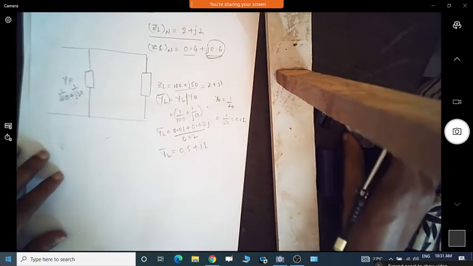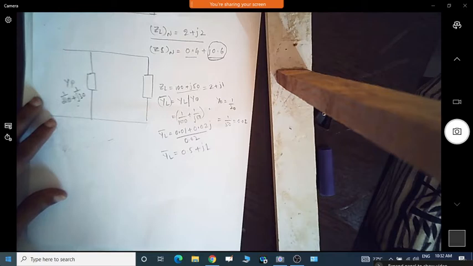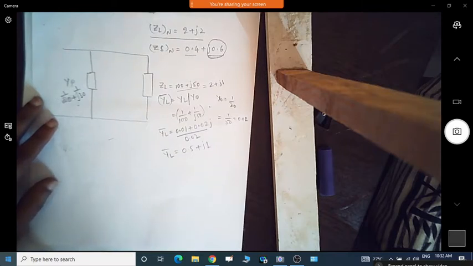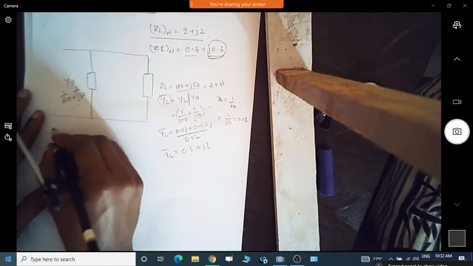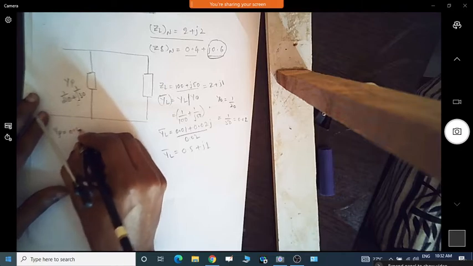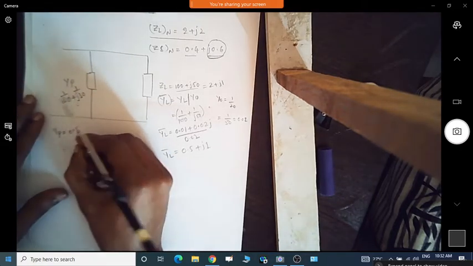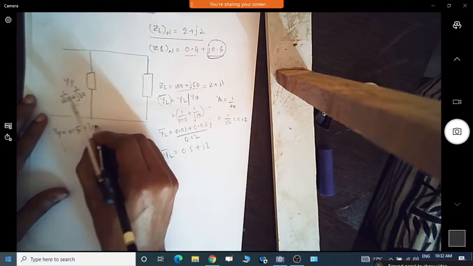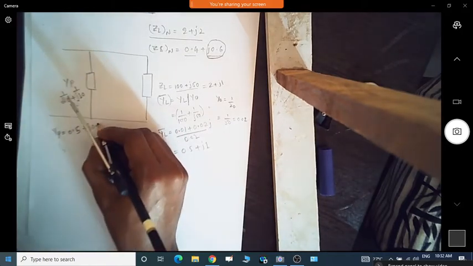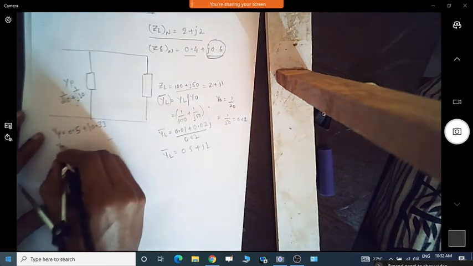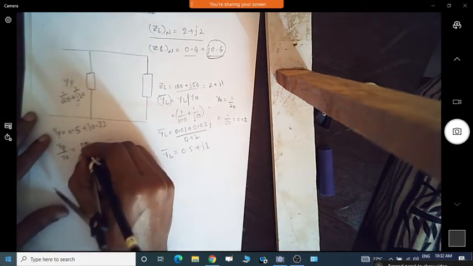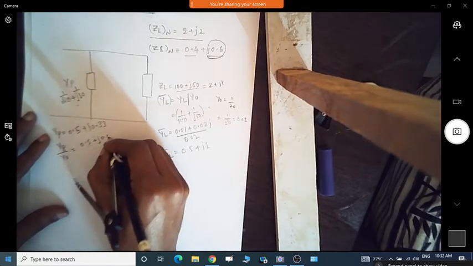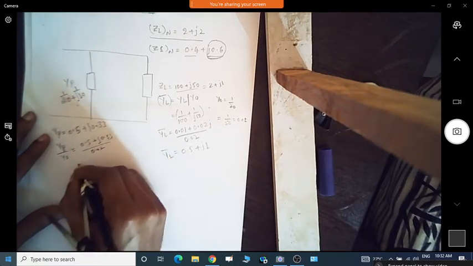Okay, so let us take this one. Yeah, so this is correct only. YP is equal to 0.5 plus j point, so 1 by 30 is 0.033, no? Okay, so now we can take the normalized value YP by Y0, which is 0.5 plus j0.033 divided by 0.02, so we can get